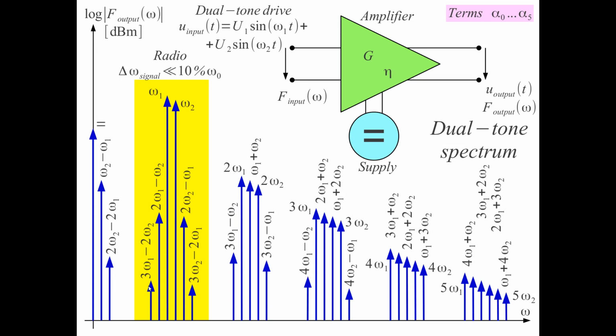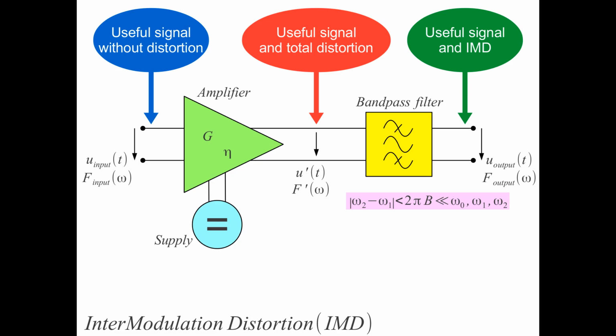Fifth order intermodulation distortion is this thing here. For narrowband systems, for narrowband amplifiers, we only have odd order intermodulation products. So we have third order, fifth order, seventh order, and so on. So if we look now into detail into the intermodulation spectrum,